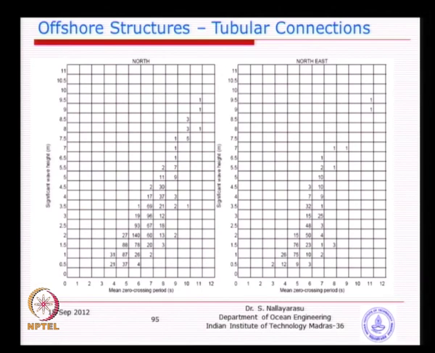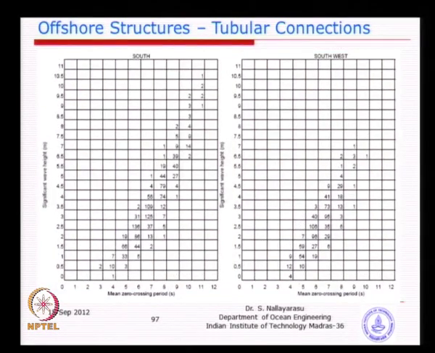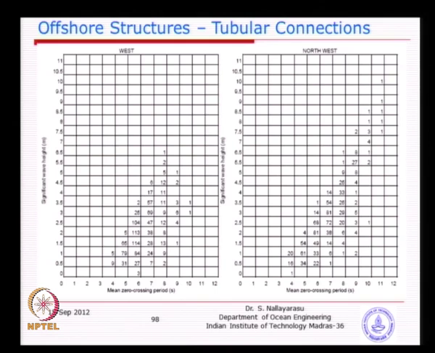And sometimes the owners themselves generate this data for each direction. For example, in this particular project, they have already done that exercise of describing the wave height versus the period, with the numbers provided for each direction. So, once you get this type of data, we do not have much to bother about generating, because for each of the directions they have already given, like 8 tables. Each direction is provided with the number of occurrences, wave period and wave height.